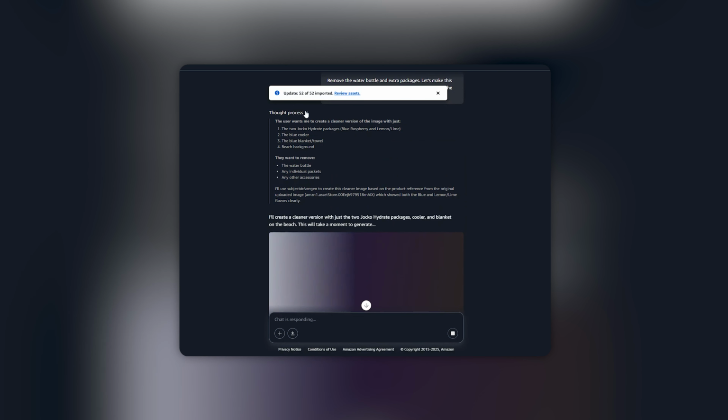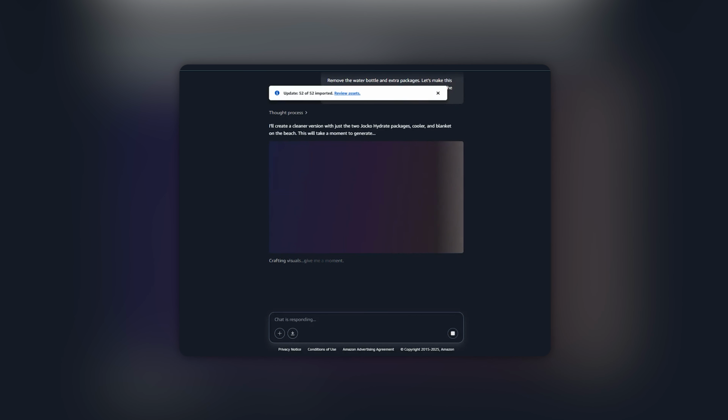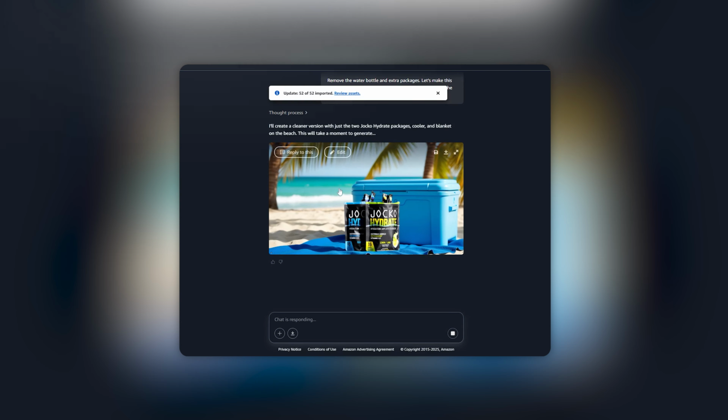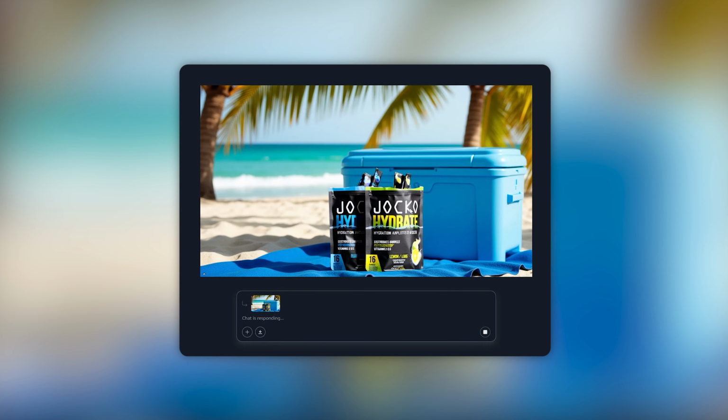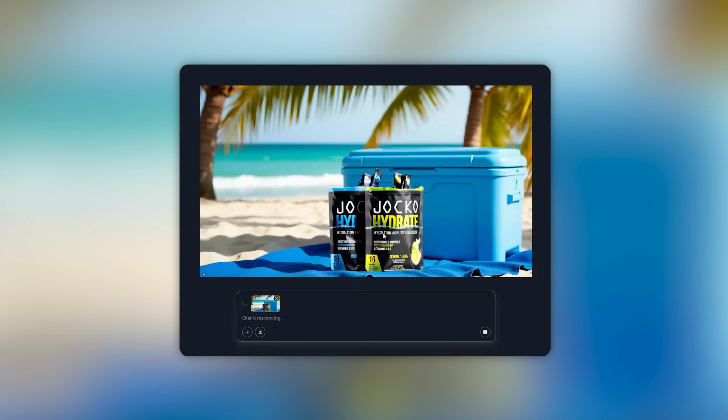And here you see right away, it went through the reasoning. It understood what I wrote. Boom. Absolutely exactly what I was looking for. Look at this image it came out with that I think would be a fantastic main image. It looks like this is a real shot on the beach and exactly what you're looking for in a hydration type of packet. So many cool things that they can do directly within this platform